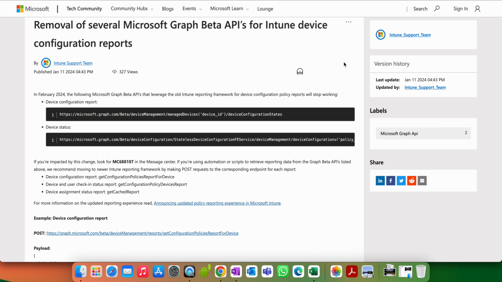In this video I am going to share with you about the new update. Microsoft has announced they are going to remove several Microsoft Graph beta APIs for Intune device configuration. They are going to be removed in February 2024. So now we are in January, and next month in February,